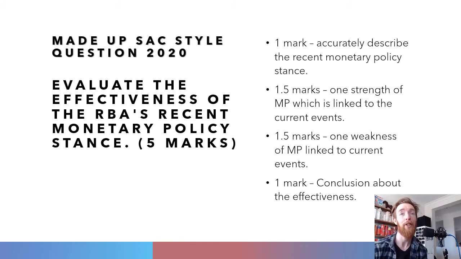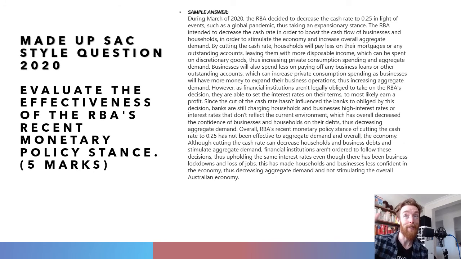And then your conclusion about the effectiveness is going to be talking about the fact that people haven't really been borrowing extra money and it hasn't really been that effective overall. But we'll get into a sample to look at specifically what people have said. And I apologize because it's very long. All these 5-mark questions are very long. It's basically a 10-mark question from business or legal, but done in 5 marks in economics. But I feel like it's a little bit more direct.